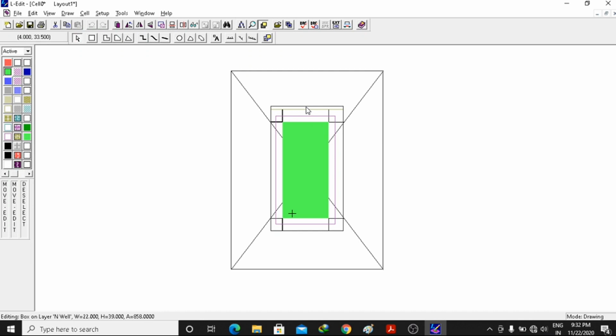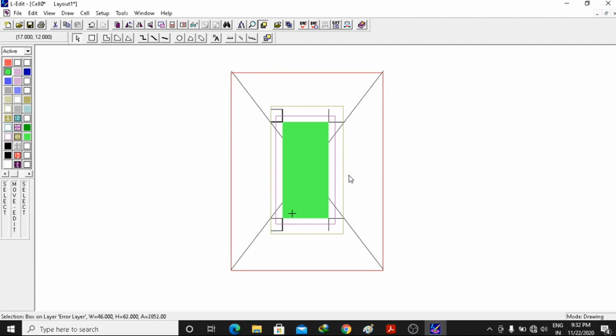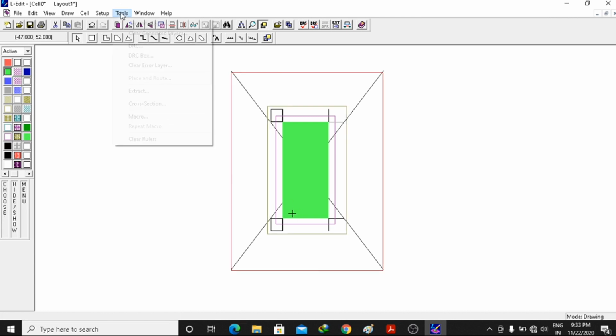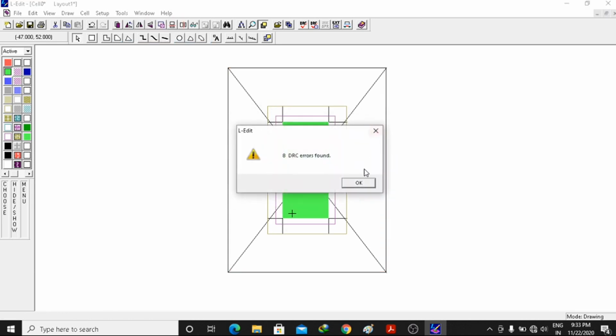So I have increased the height, let's suppose this side I have increased by this much unit, and on this side also I will increase by this much unit. You can even increase lower a little bit, yeah. And also on this side I will try to increase it. Wait a second, first let me select this, yeah, and then why is it not happening. Yeah, let's select this. I've selected, clicked on alt, right click, slowly dragged it here, and then I will select it here, alt, and slowly drag it here. Now let's check the DRC error. It is coming DRC, okay, 8 DRC errors found.